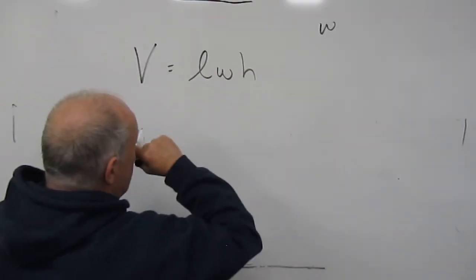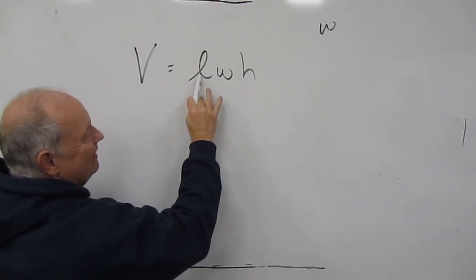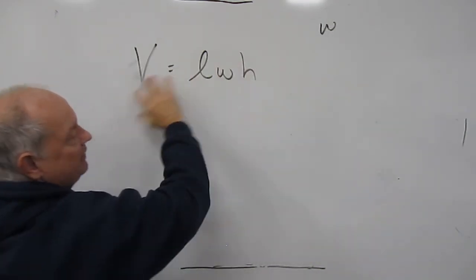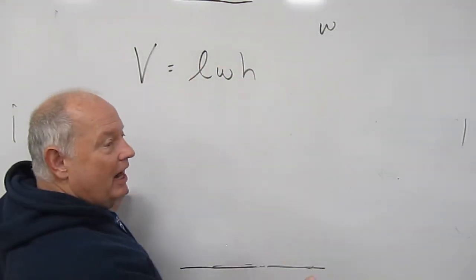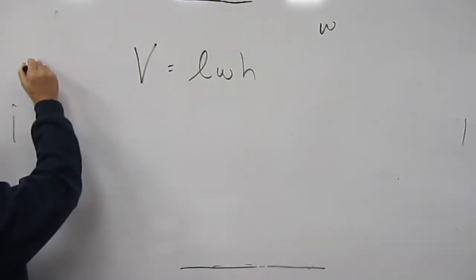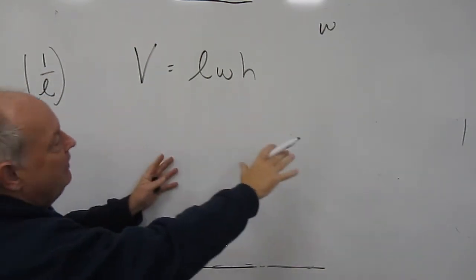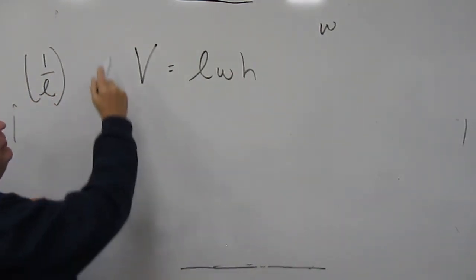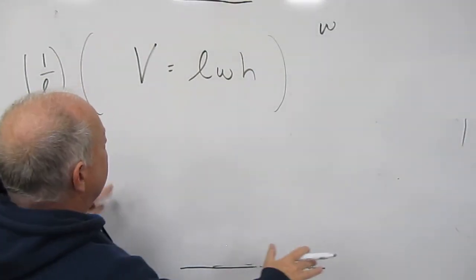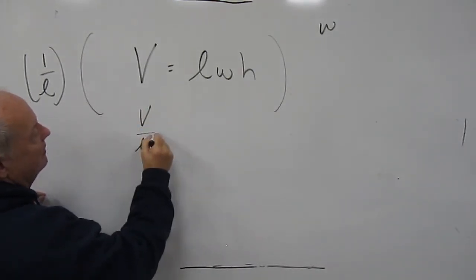We do it exactly the same. Let's get W by itself. So we've got to get L by itself. So we'll divide through the whole equation, left and right, by L. We divide through, which is the same as multiplying by 1 over L. If we do this to the whole equation, we don't change the balance. We don't change the meaning of the equation. And we come up with V over L equals